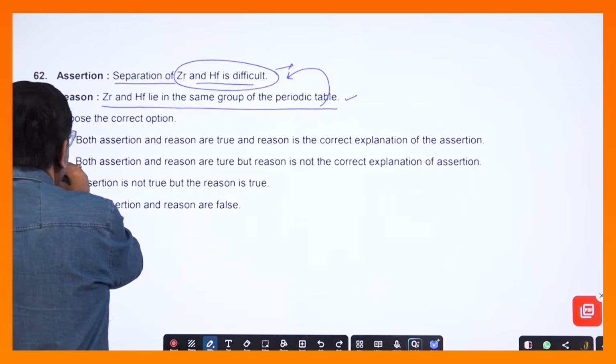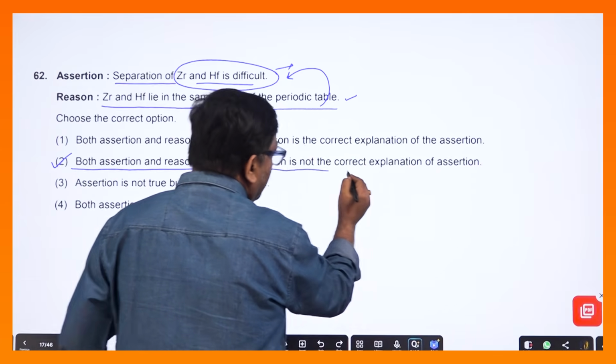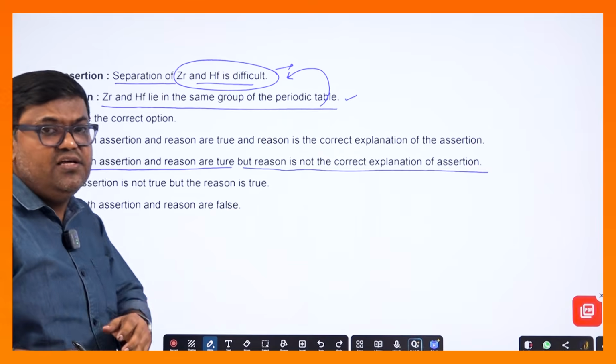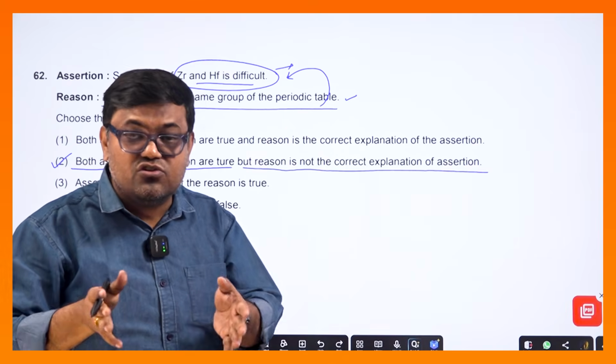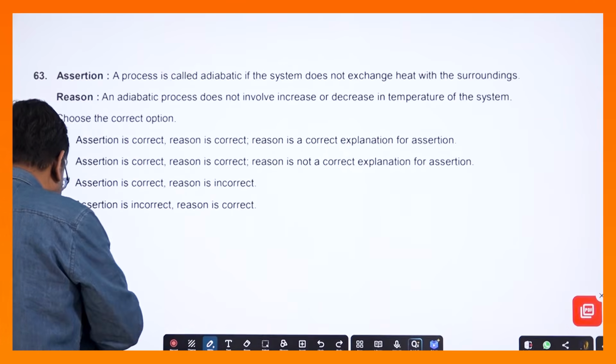এটার কারেক্ট এক্সপ্লেনেশন, বোথ অ্যাসারশন রিজন আর ট্রু বাট রিজন ইজ নট দ্য কারেক্ট এক্সপ্লেনেশন অফ ইট, কারণ হচ্ছে ল্যান্থানাইড কন্ট্রাকশনের জন্য এদের রেডিয়াস প্রায় সমান হয়ে যায়, ফলে কেমিক্যাল প্রপার্টি সেম হয়ে যাচ্ছে, তাই এদের সেপারেশন করা যায় না, ঠিক আছে? এবার নেক্সট কোশ্চেনে যাচ্ছি,